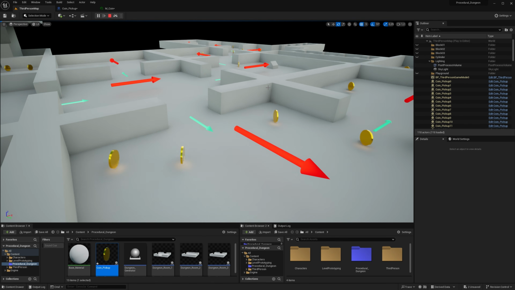It could be me, I don't know. Let's just keep it like this. I mean, all this doesn't really matter because you're going to have your own assets for your game.